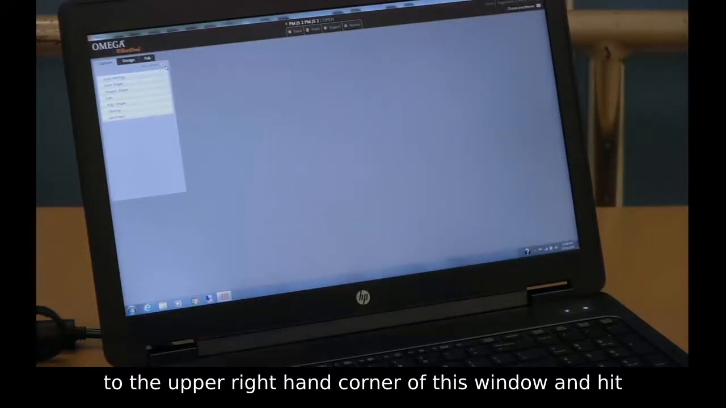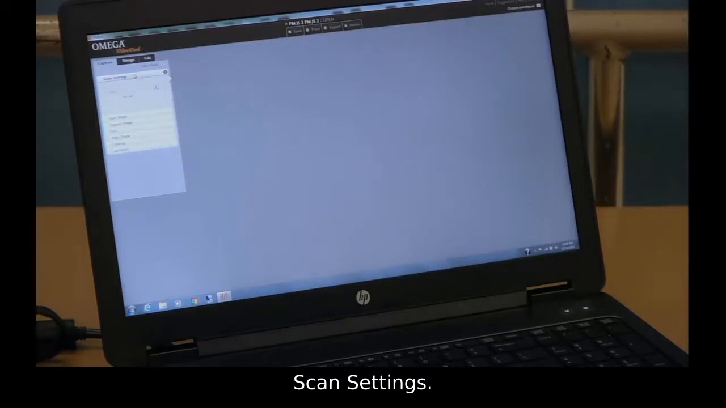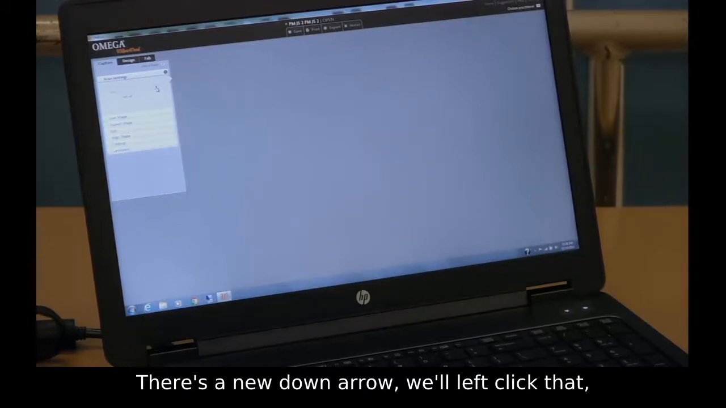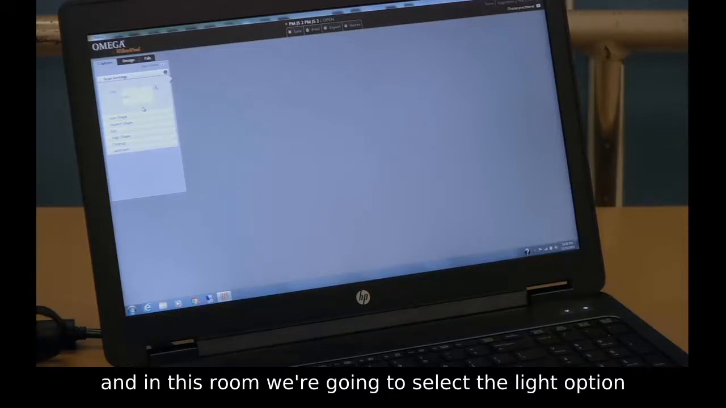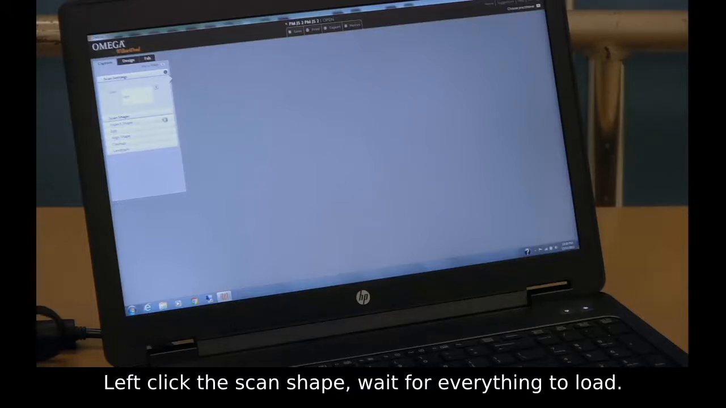Then we're going to go to the upper right hand corner of this window and left click the down arrow, select Scan a Shape, Scan Settings, left click that. There's a new down arrow, we'll left click that, and in this room we're going to select the light option for the lighting in the room. Left click the Scan Shape,